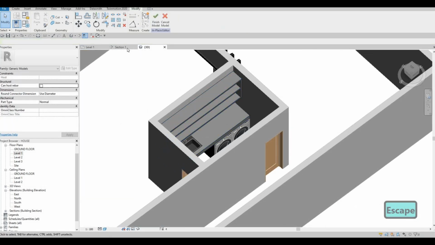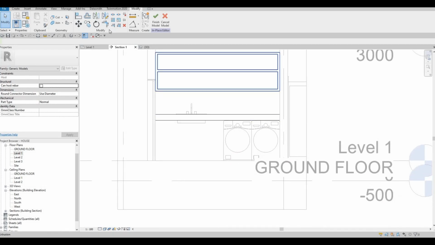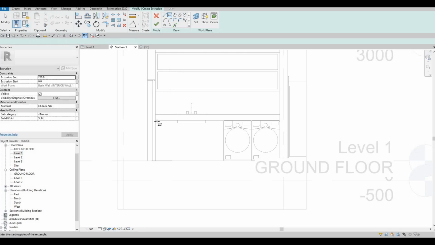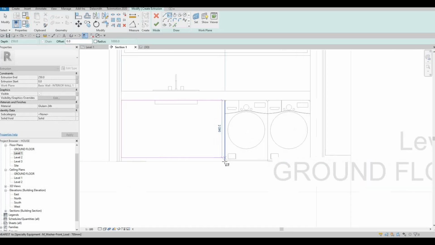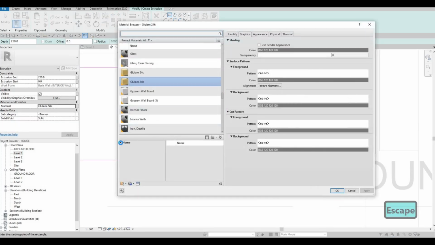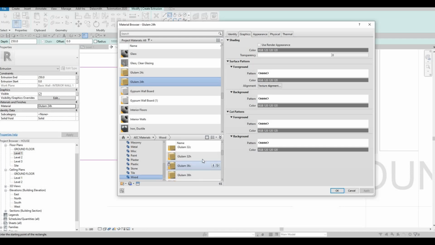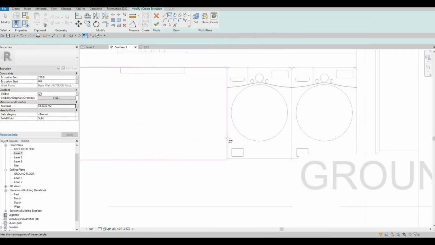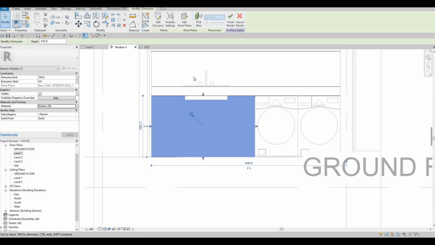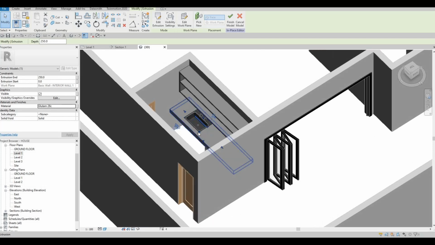So that looks good. Go back to section and then let's close this off, this area. So extrusion, pick a plane, let's select the wall again, and then we're just going to close off this area right here. Change this material so that we have different materials all the time. We could select that later on, especially once we're in Twinmotion. It's easier to change different materials so that you don't need to go back here. Here we just need to pull it back,